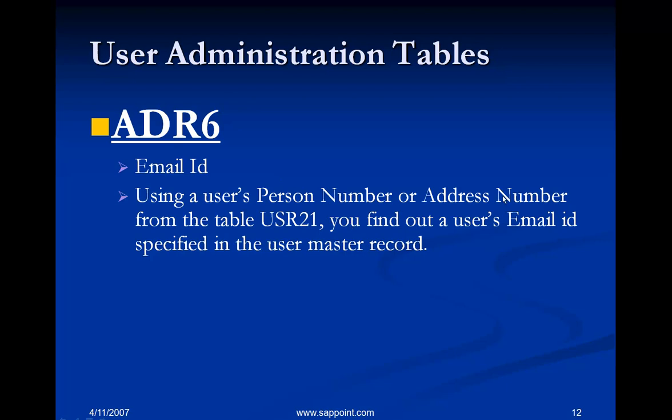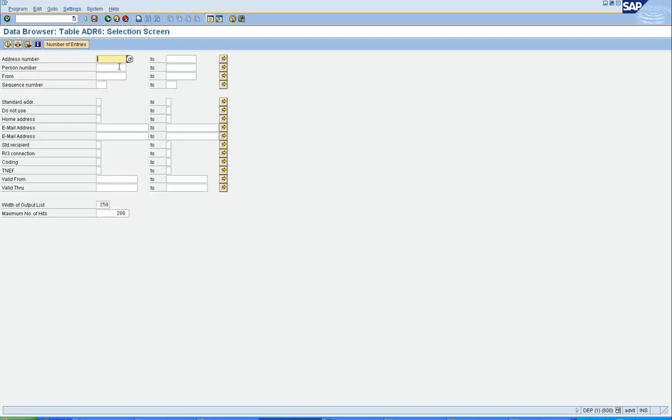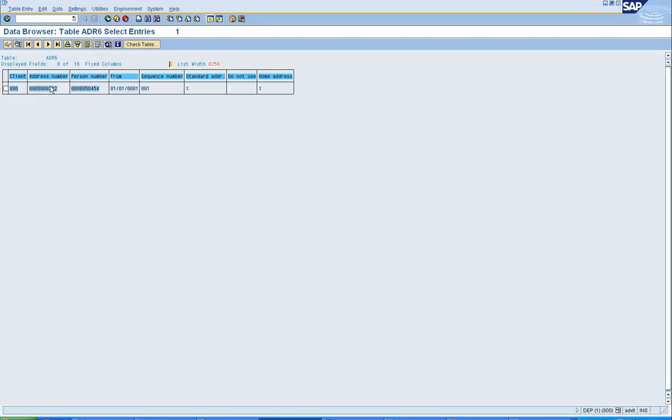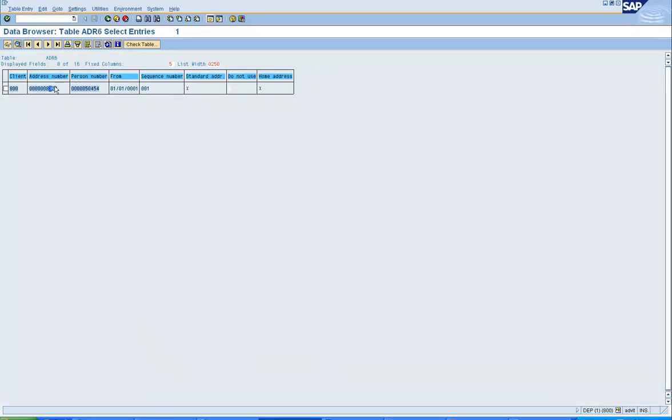So in SA16, let's enter ADR6 and take the person number that we have and execute. Now here's the thing, you don't see the email IDs in the horizontal format.